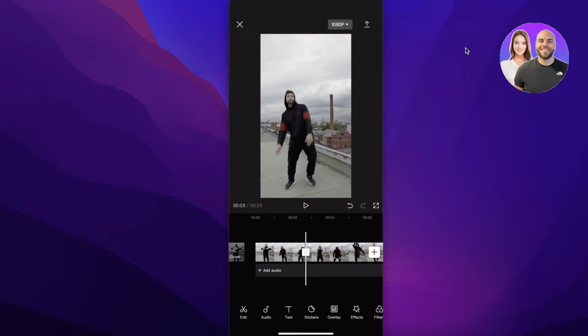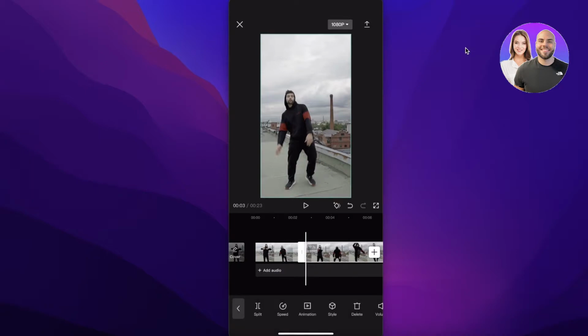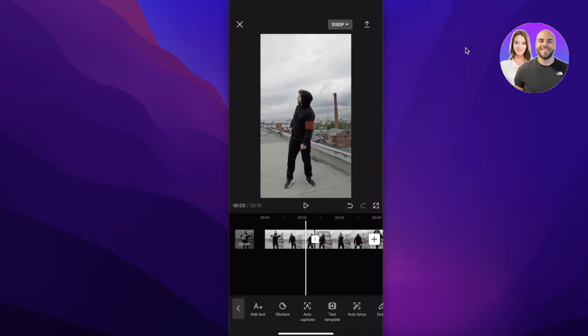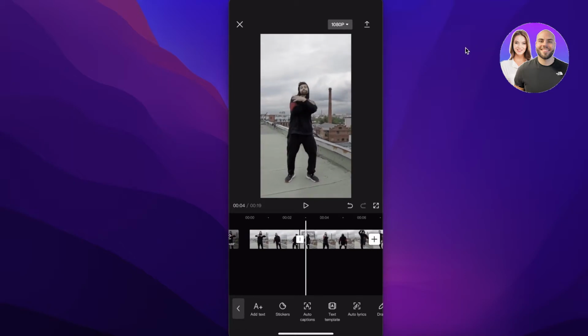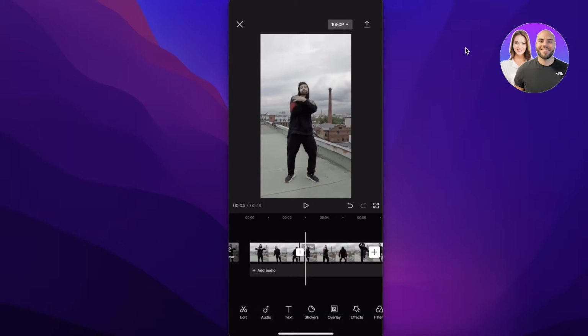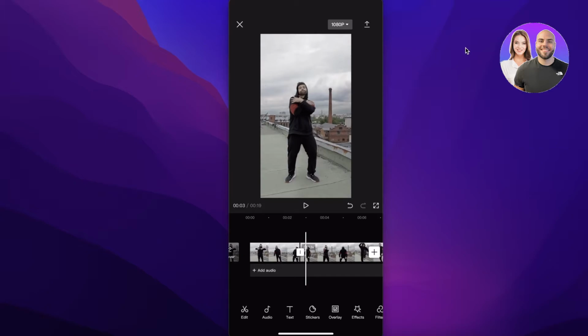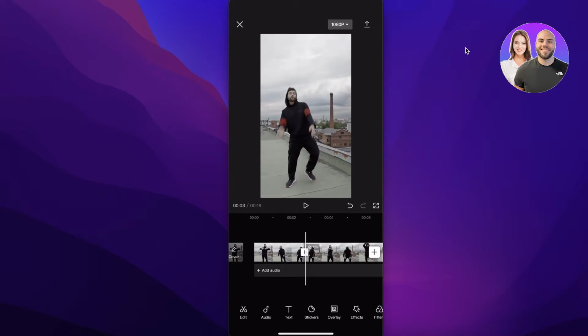So once I've added a little split effect, I'm going to click on edit and click on speed and click on normal, and I will just move it a little faster from the split section like this. And what I like to do with that is, once I've added a simple little split effect and a faster speed effect, you're simply going to click on overlay and